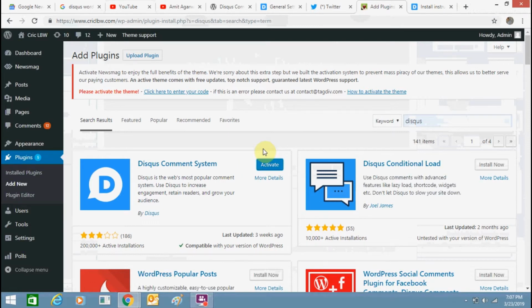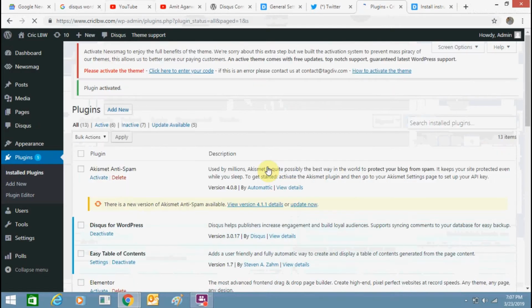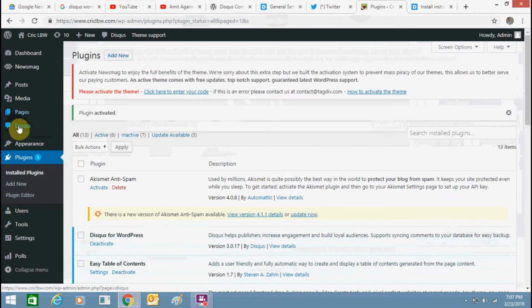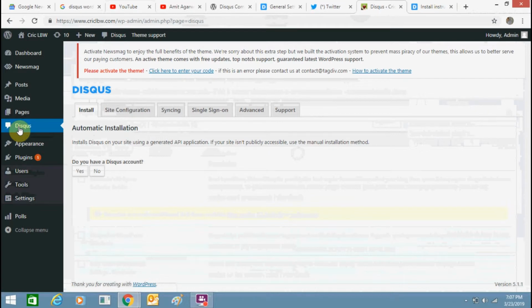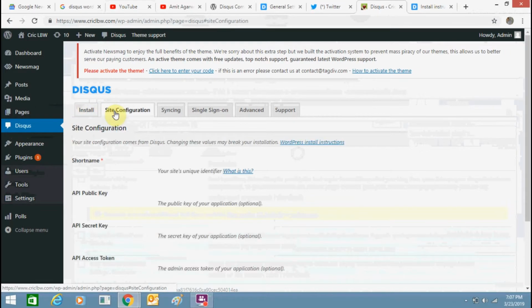So it's installed. Now click on activate. In the left section you will see the Disqus option is showing. Just click over it. Here you can proceed through two options, installation or site configuration.